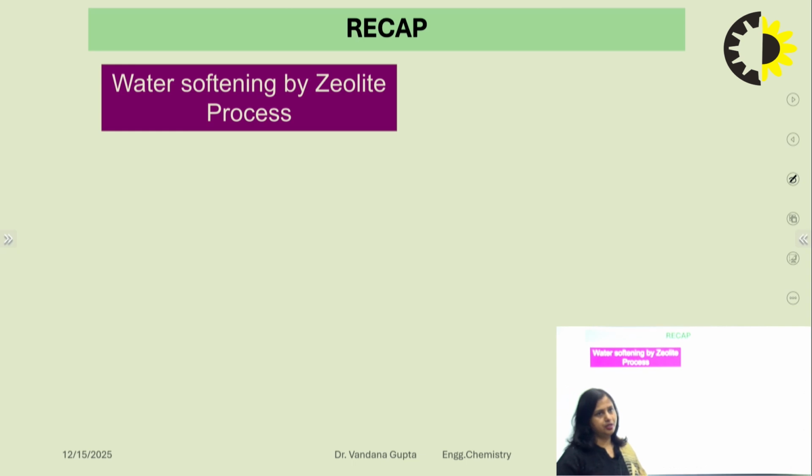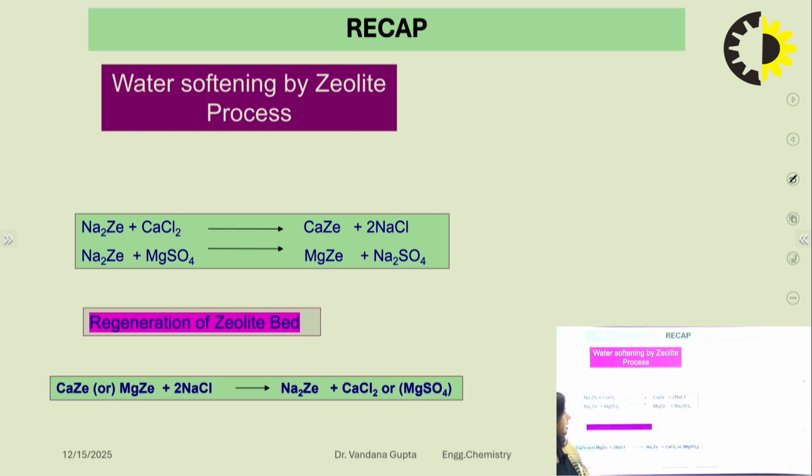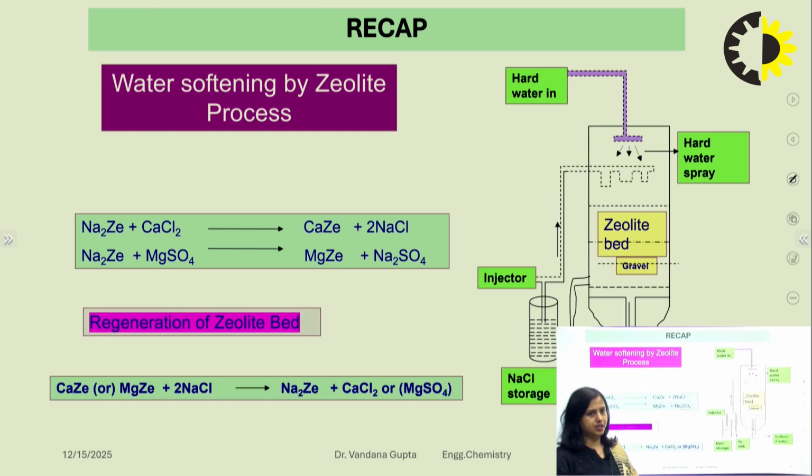In the previous lecture, we also studied water softening by the zeolite process. This method is quite efficient. It can remove temporary and permanent hardness, but it has certain disadvantages, such as it cannot be used for highly acidic or alkaline solutions, as well as the treated water contains more sodium salts and a residual hardness of 10 to 15 ppm is also present in treated water. So industries prefer ion exchange methods, which overcome these limitations.